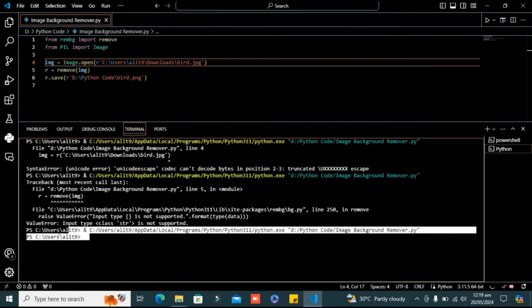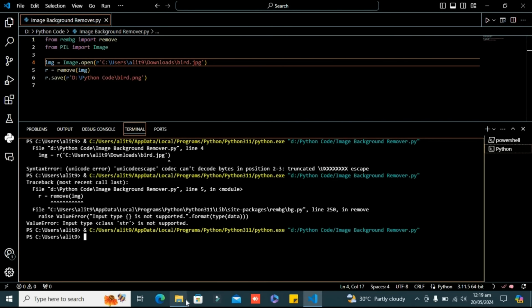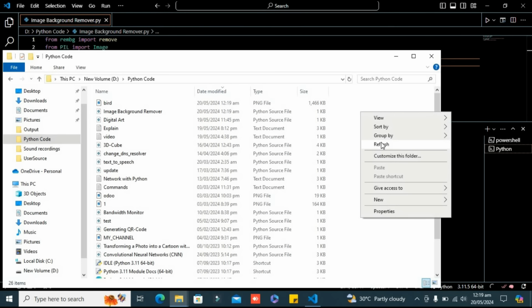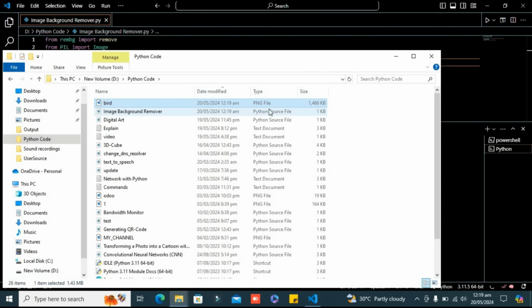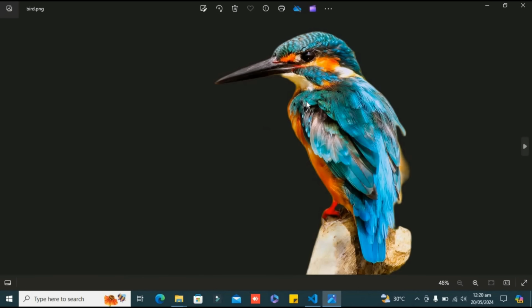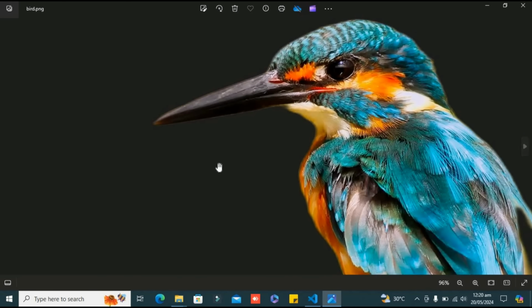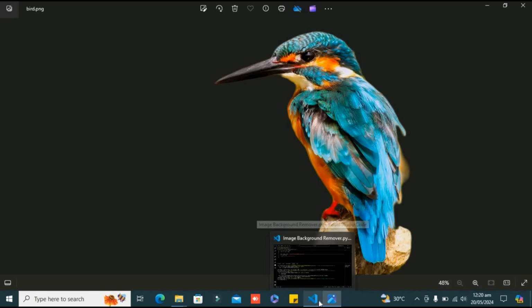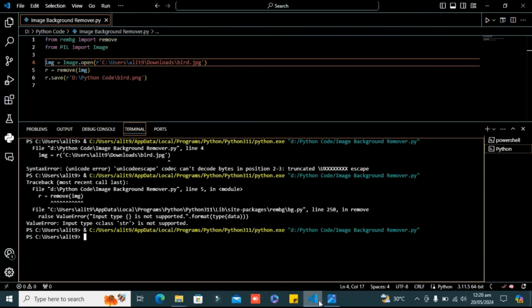Now it has been executed correctly. Let's see if it is present in the folder. Now you can see that it has generated the file in PNG format, and let's see the result. Now guys, you can see that all the background from the bird has been removed and only the bird remains. So it is an effective method to remove the background from any image. You can see that it is a colorful bird and it chooses the background specifically to be removed, not the object. So guys, that's it for today's tutorial.